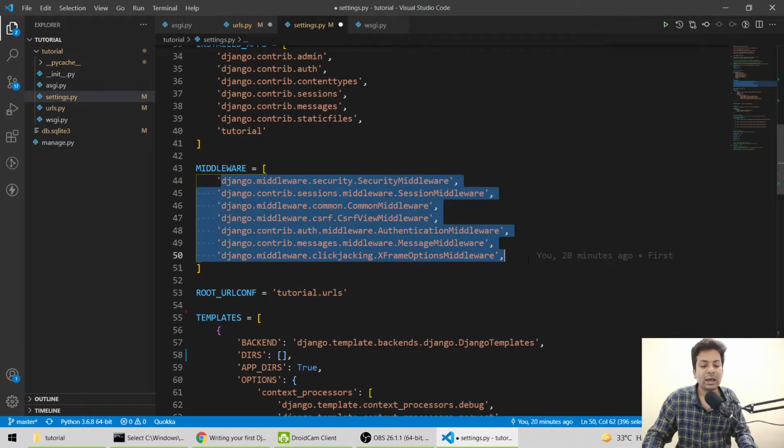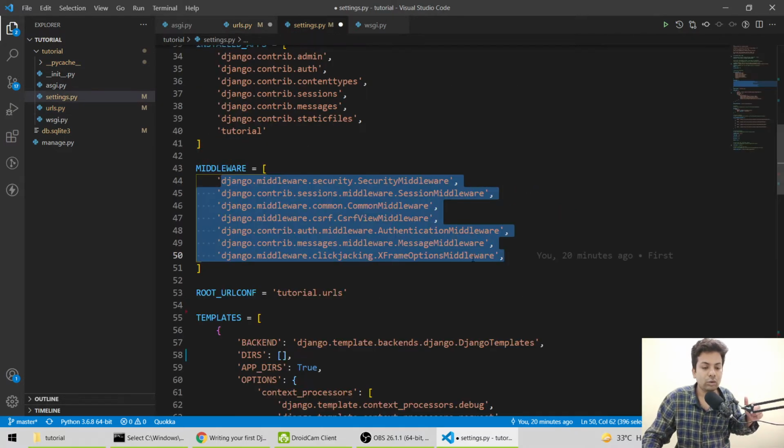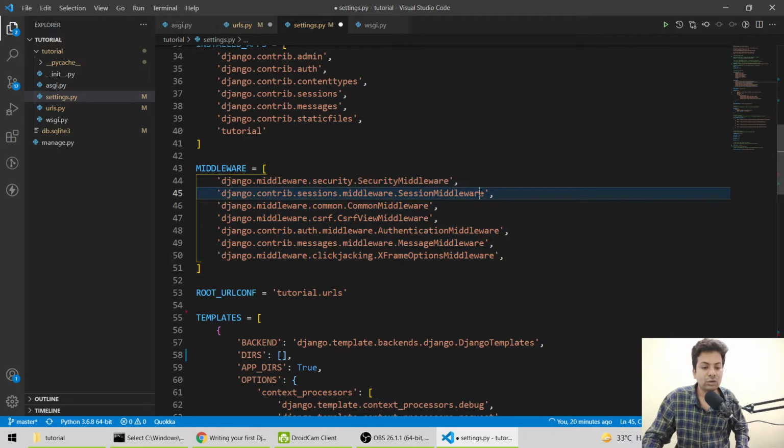Middleware are like, suppose this is a URL, one URL, you already know it. Whenever something comes to this URL, before that it should go through these middlewares. So that's called middleware. Before hitting any URL, it should go through them. So these are session for checking if there is any session, security, or common middleware, that's something common. Then the CSRF token, it's used for forms.